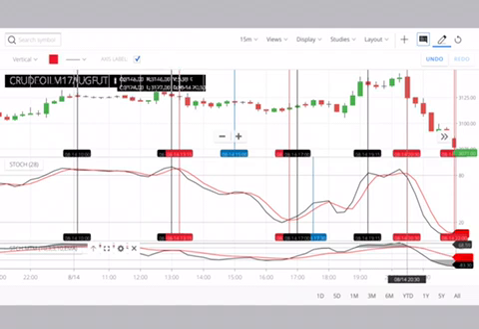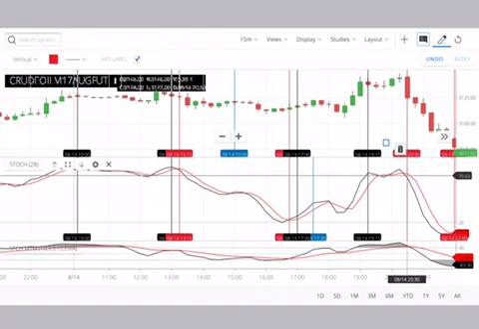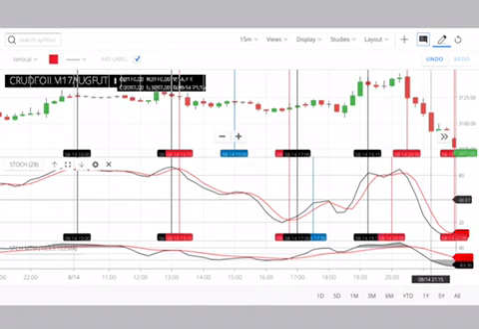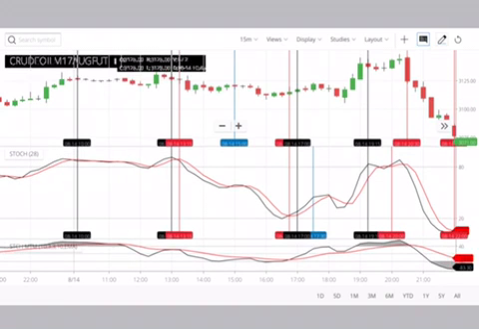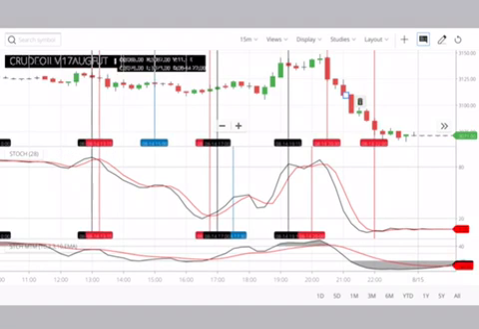Since the crossover was done, I sold the futures, and I exited at the end of the day. I sold it at around 3130, and exited at, let's say, 3070, or 75. So 3130 to 3070 would be around 60 points. For one lot you have gained around 6000 rupees, plus the 4000, so 10,000 rupees was gained